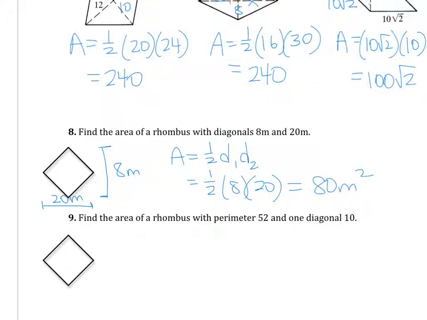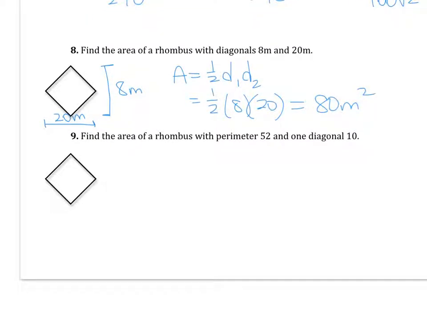Remember, area is units squared, so when you do have units, you want to write them down. Area of a rhombus with a perimeter of 52 and a diagonal of 10. So one of the diagonals is 10. Okay, so that means I can draw, make them red. So I know